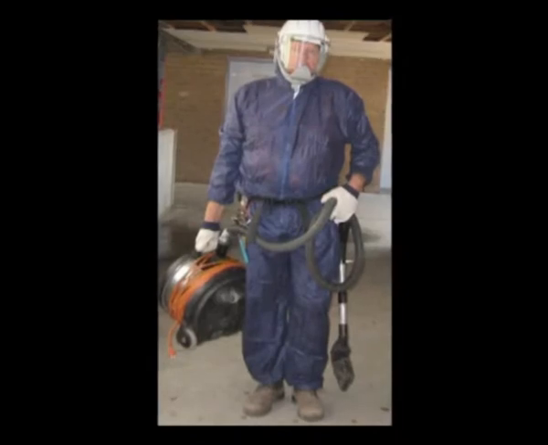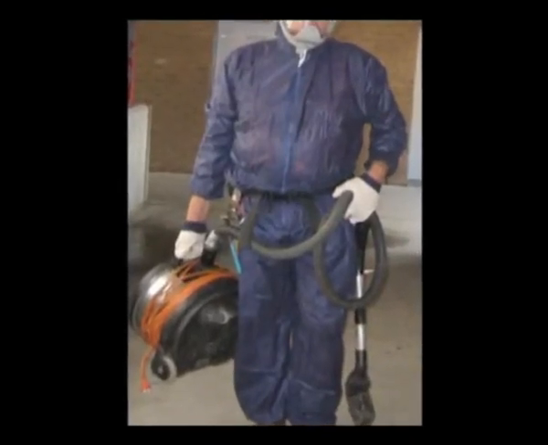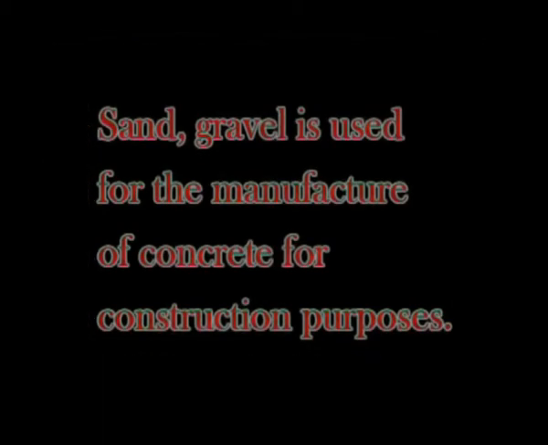Asbestos. It is a fibrous variety of the mineral called serpentine. The fibers of the mineral can be separated and woven into fireproof fabrics used for firefighters' clothes and also used in manufacturing of ceiling and sound insulation. Barite. Because of its high specific gravity, it is used to make heavy drilling mud to prevent oil gushes. Graphite. Graphite is used in foundries, lubricants, batteries and pencil lead. Sand and gravel are used for the manufacture of concrete for construction purposes.